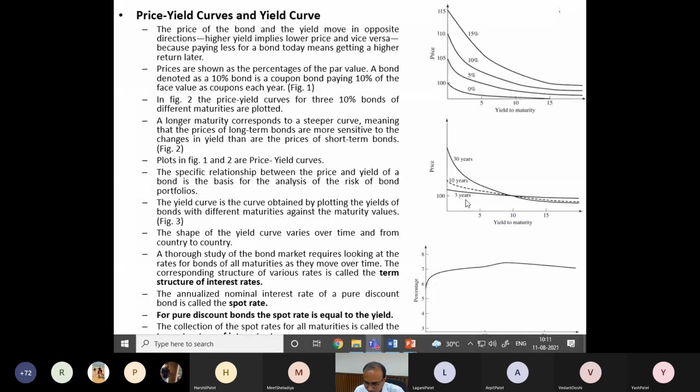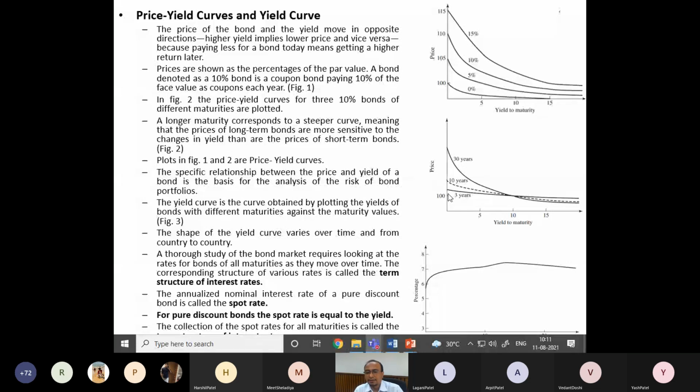And you can also see the pattern: the higher maturity bond is traded at a higher price, and usually its yield to maturity is more sensitive to change, while the low duration bond, or you can say the low maturity period bond, usually gives a constant yield to maturity, and the yield to maturity does not change much, right?